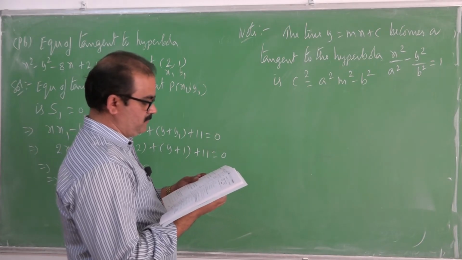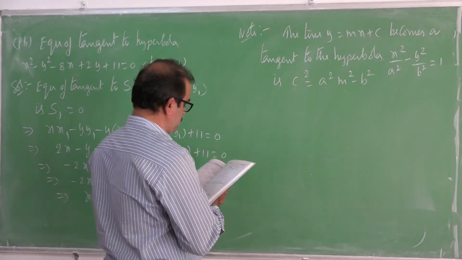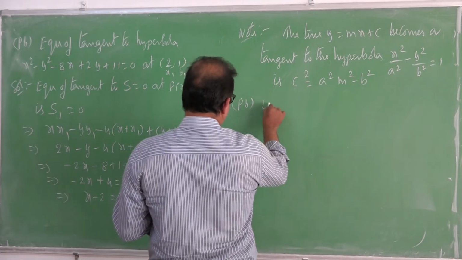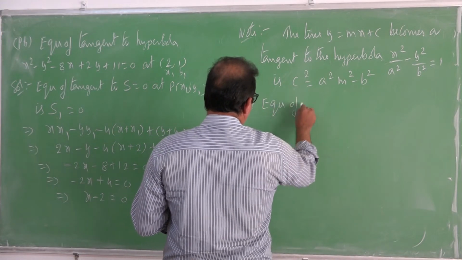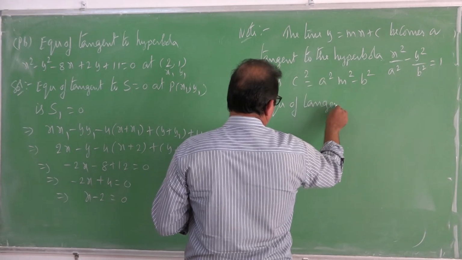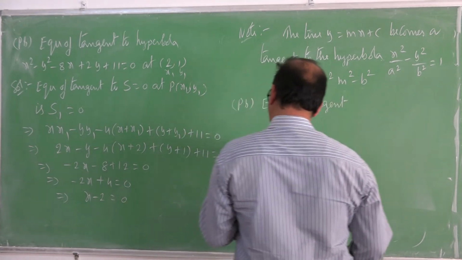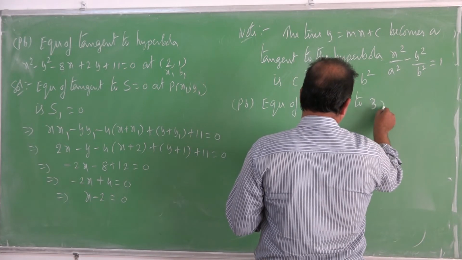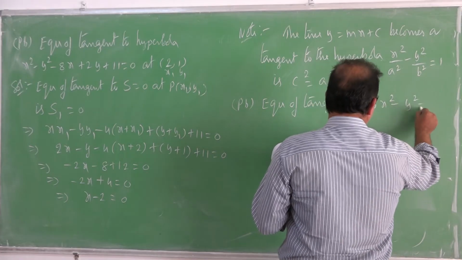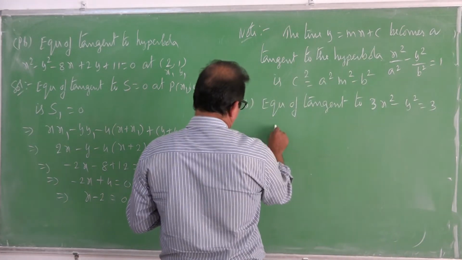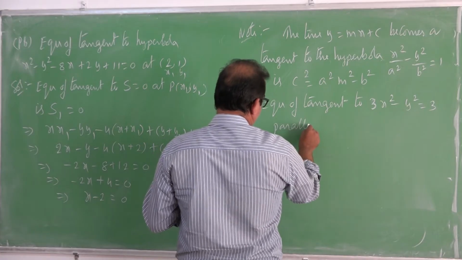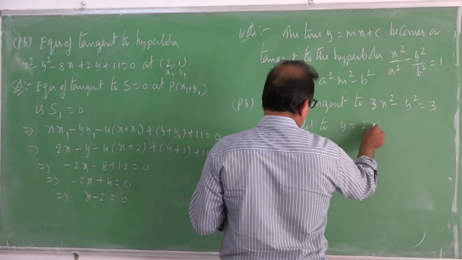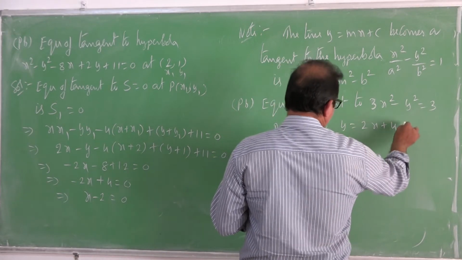Now write one problem. Equation of tangent to the hyperbola 3x square minus y square is equal to 3, parallel to the line y is equal to 2x plus 4 is